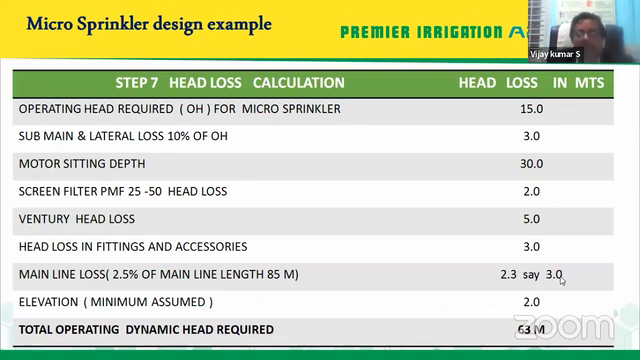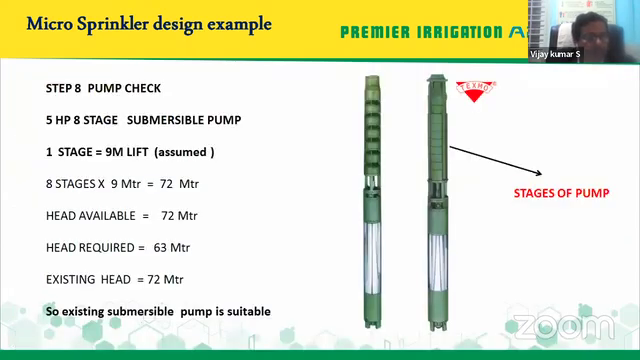And elevation, no plot generally has, there will be a minimum elevation. So I have taken around 2 meters. So the total head, when I total up all these heads that are required for the system to work correctly, you require around 63 meters head. So once I've got the total head, then I can go for the pump